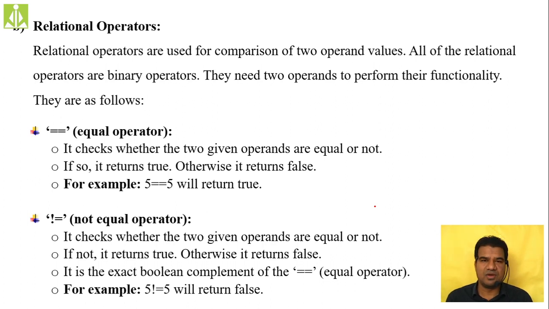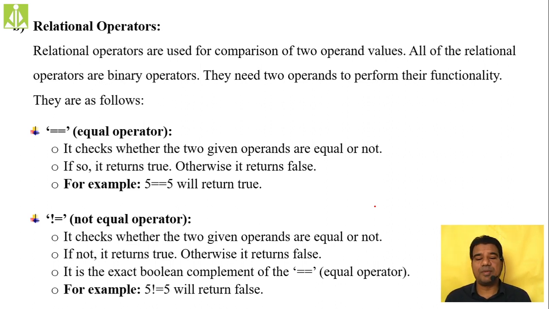So these relational operators are basically used inside your control structures. These two things, your conditional statements as well as your iterative statements, we call them control structures, isn't it? To make your control statements operational, we use these relational operators. Relational operators are used for comparison. Generally, they don't do addition, subtraction, multiplication the way arithmetic operators do. Here, what these relational operators do is simply comparison. And believe me, this is not a new concept for you. You have already seen such relational operators in your mathematics as well.